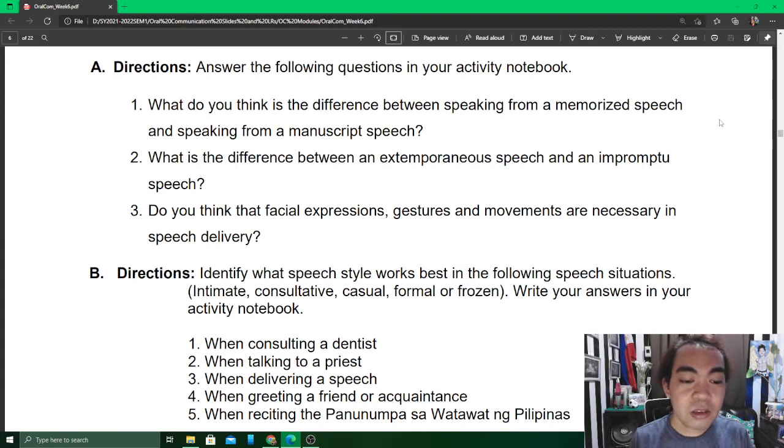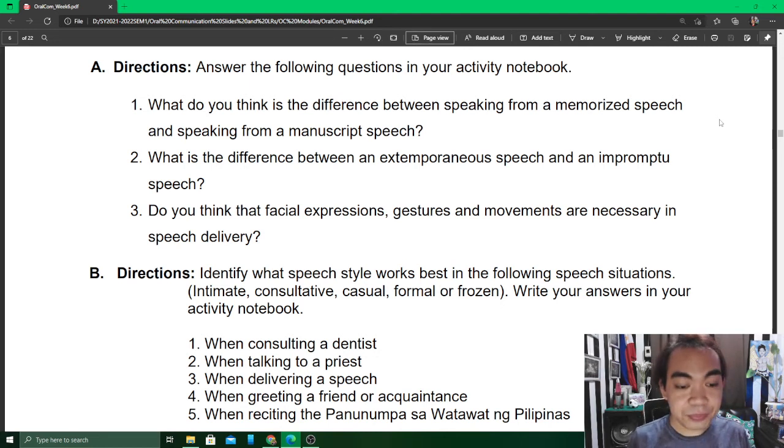Number 3, do you think that facial expressions, gestures, and movements are necessary in speech delivery? Kinahanglan ba lang ang magulag o kamot? May impact pa lang itsura. May impact pala ang gestures, no? When you do a speech. May ara ini bala effect sa imo audience nga nagapamati sa imo. Kung isa ka audience nagapamati lang sa radyo versus ang isa ka audience naghalantaw sa video, may impact, may lain ayhan, no? Nga epekto ang ining mga non-verbal actions.